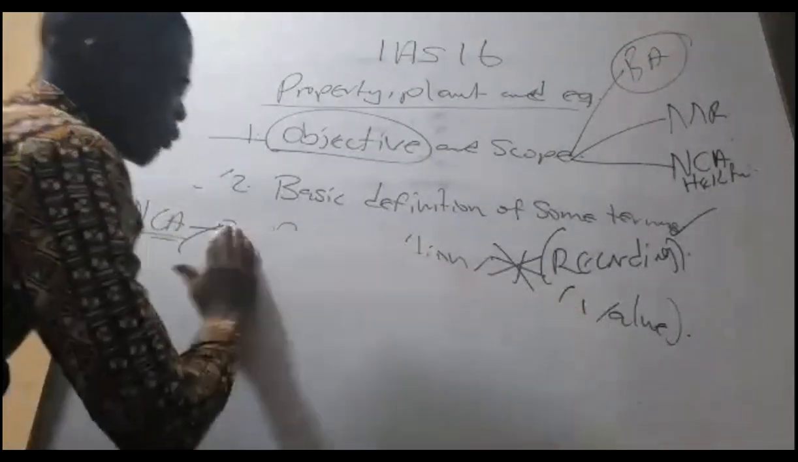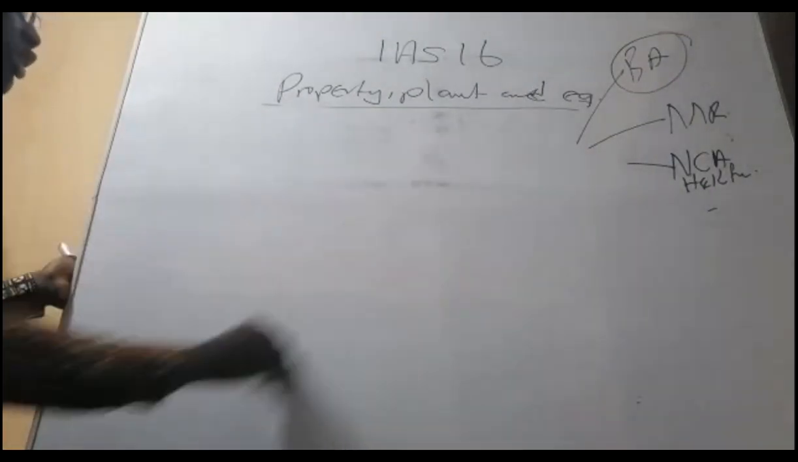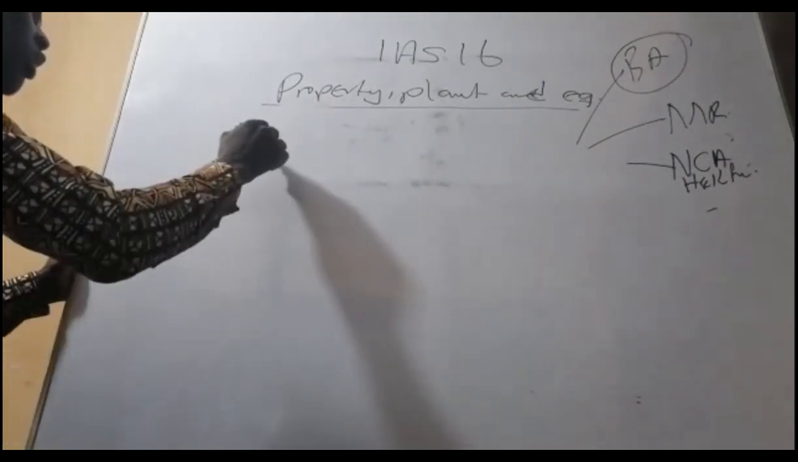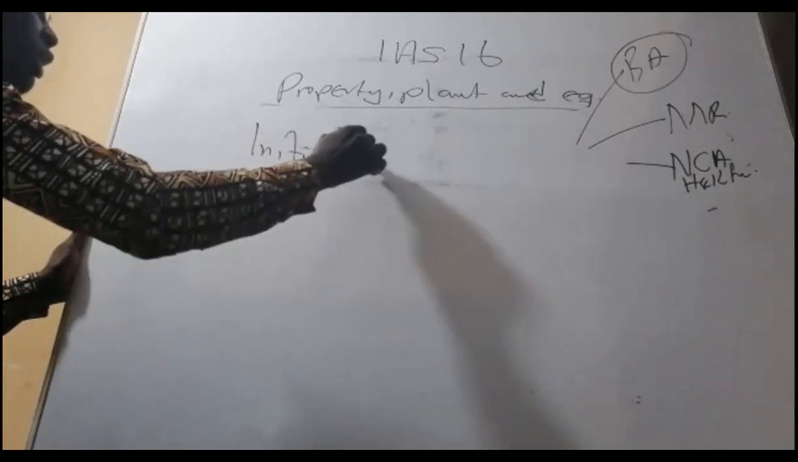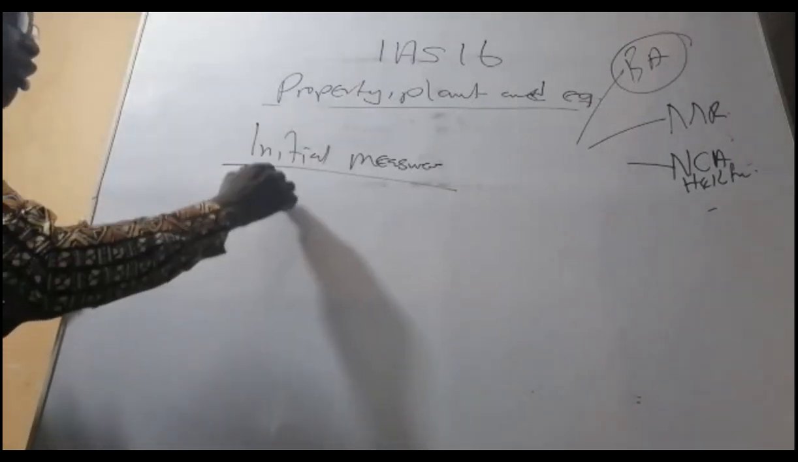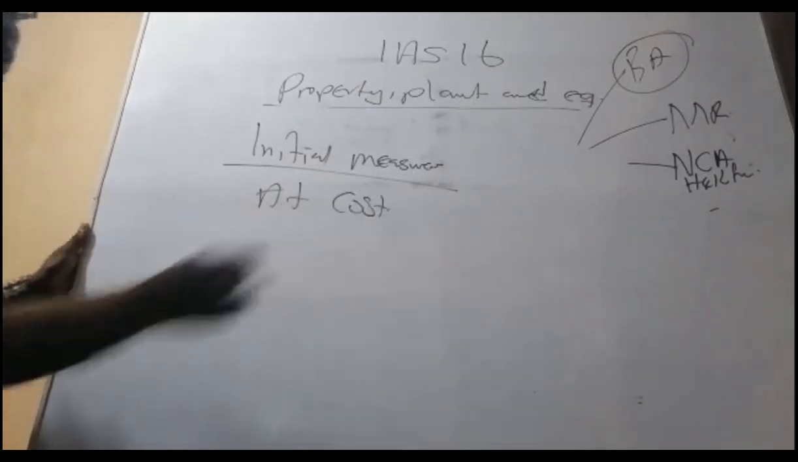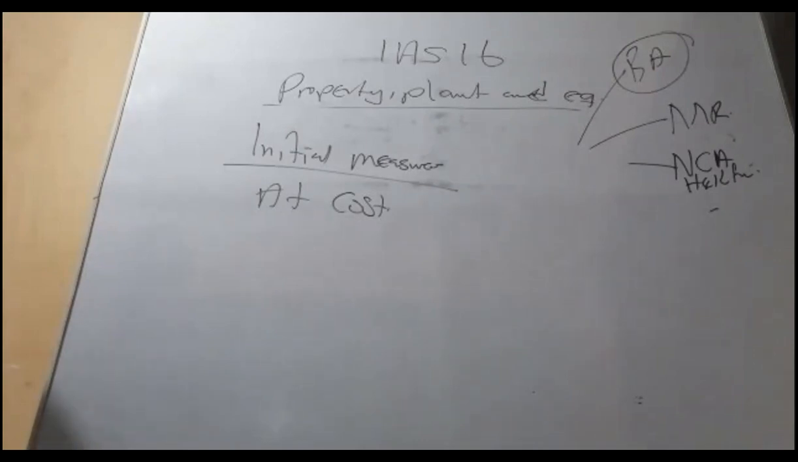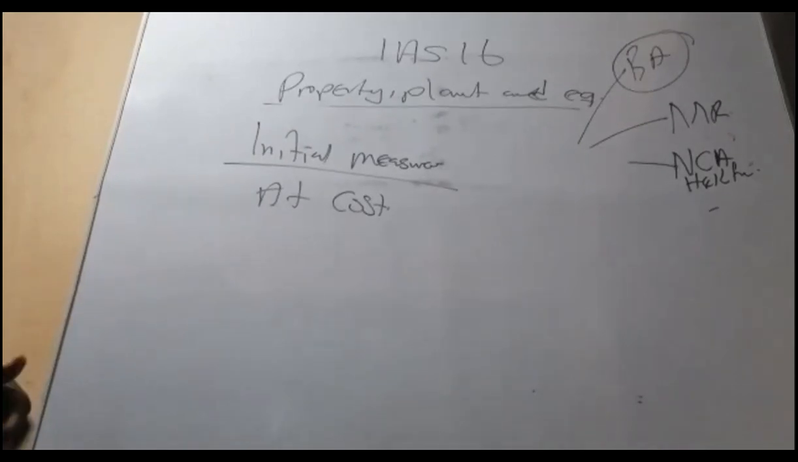PPE. So if you acquire PPE initially, the first time, how do you record it? Initial measurement of PPE. We said initial PPE must be measured at cost. And we said that the cost is the cash or cash equivalent